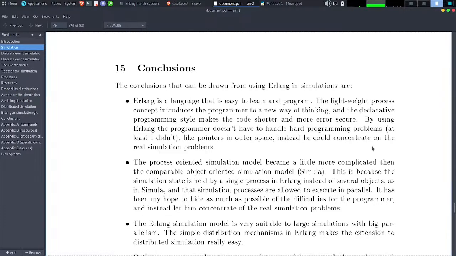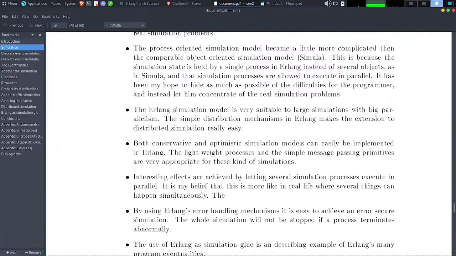Instead, he can concentrate on the real simulation problem. The process-oriented simulation model becomes a little more complicated than the comparable object-oriented simulation model. This is because the simulation state is held by a single process in Erlang instead of several objects, and the simulation processes are allowed to execute in parallel.